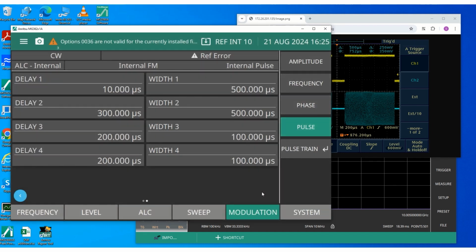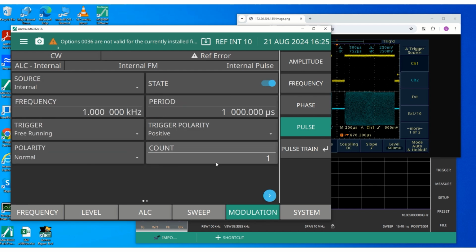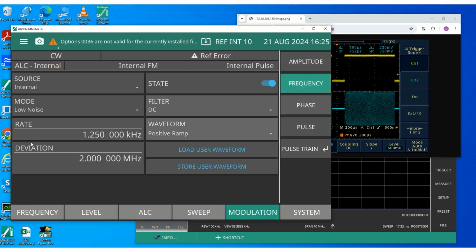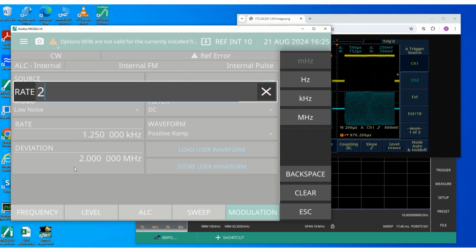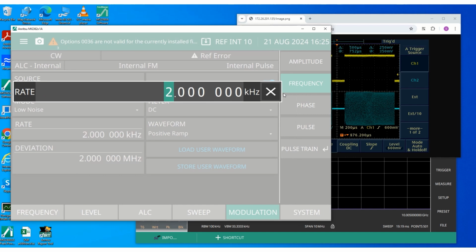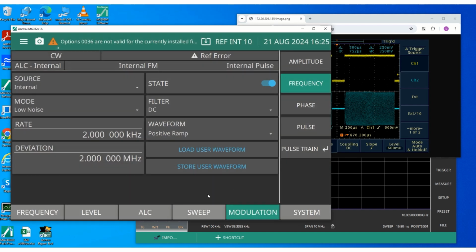And remember always that you are going to readjust your ramp period to the reciprocal of that 500 microseconds, which is 2 kilohertz, in order to get the deviation that you want within the chirp, right? So I've set the rate to 2 kilohertz,